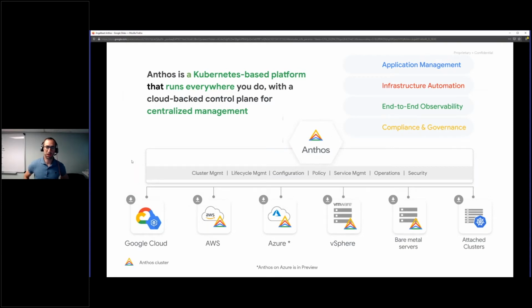So what are some of the components of Anthos? We're going to get into them a little bit, but at a really high level, Anthos enables customers to deliver application management, infrastructure automation, end-to-end observability, and compliance and governance. And we deliver these key capabilities, which are core to running applications in a Kubernetes environment, across all of these environments that you see down below, whether it's Google Cloud, AWS, Azure, vSphere, customers running bare metal servers inside of on-prem data centers, as well as attached clusters, which is environments where you're not even running a Google-specific Kubernetes version. We're able to manage those Kubernetes clusters as well and provide similar application management, infrastructure automation, end-to-end observability and compliance and governance